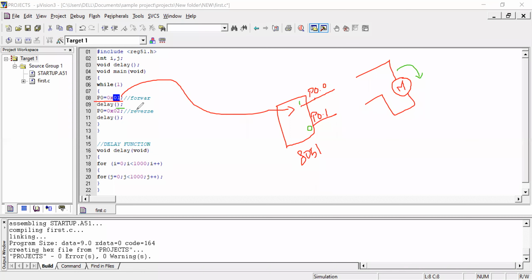Then have a delay for how long the rotation has to be done. The program will go to the delay and take some time.